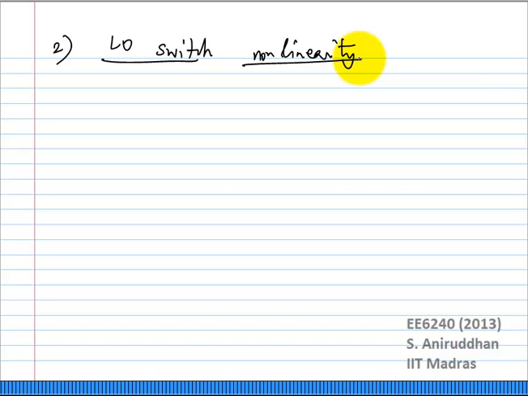Not a major problem, right? Normally you expect the nonlinearity to be limited by the input device. The cascode just acts to shield the input device from your output node. So even though your output node is swinging, the main device normally has a, so if I have a cascode